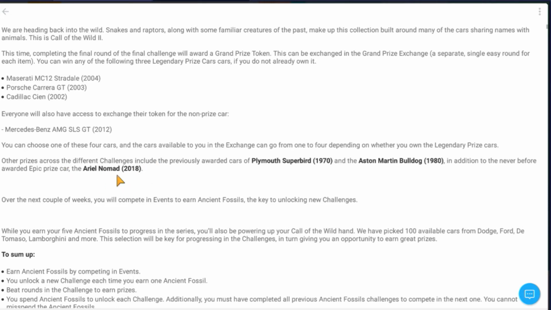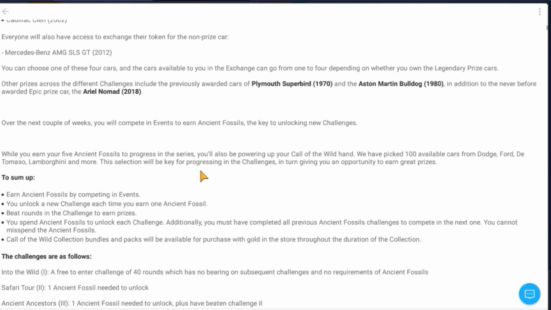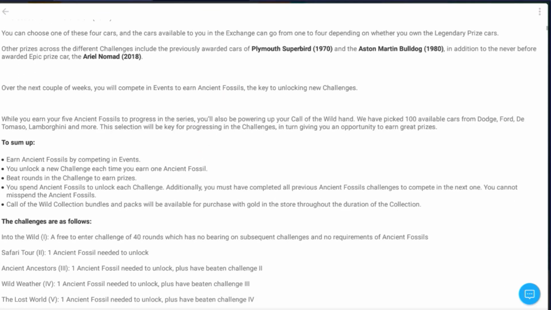And this is the first inclusion of the Aerial Nomad. The other 2 cars have already been released previously. So it tells us we will compete in events to earn ancient fossils, which will help us to unlock new challenges. It also tells us here that we have 100 cars that can be used in this event,